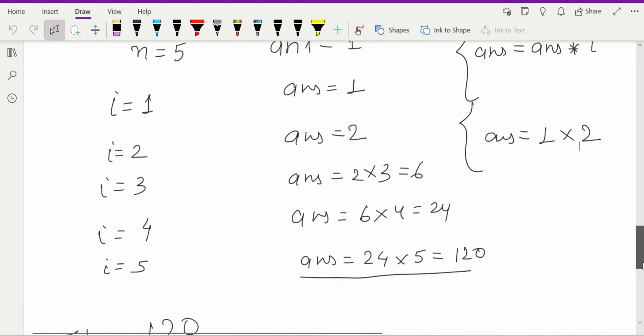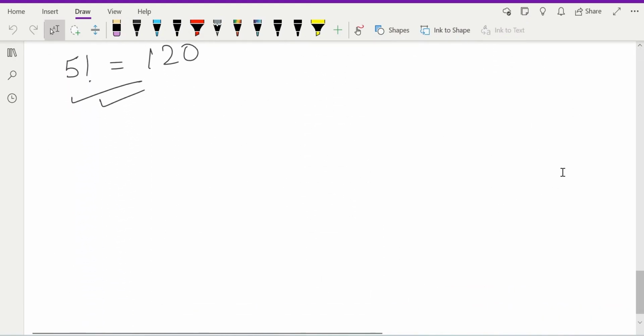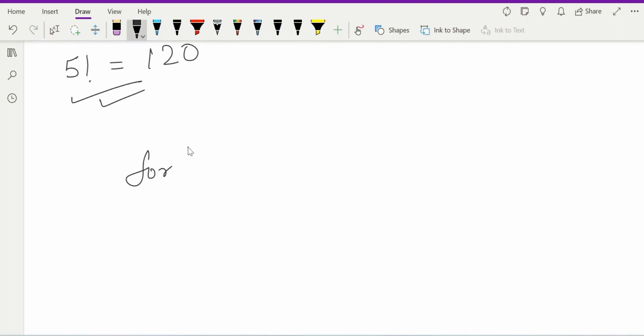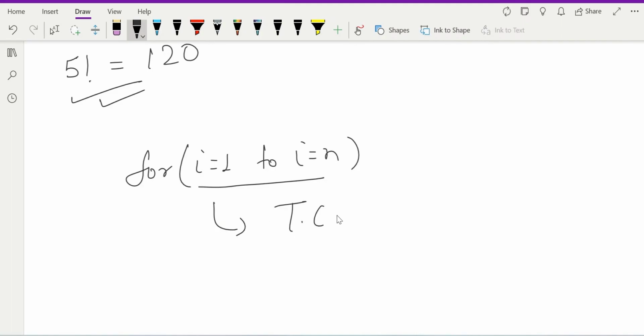Now talking about the time complexity of the code. So the time complexity is very simple. We are simply running a loop for i is equal to 1 to i is equal to n, and it is traversing till n times. So we can simply write the time complexity for this code will be big O of n. Okay, and this is the iterative code